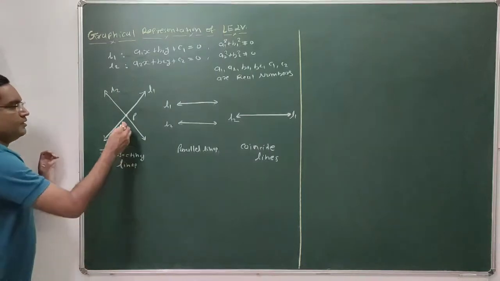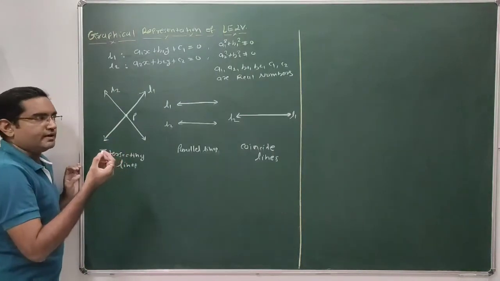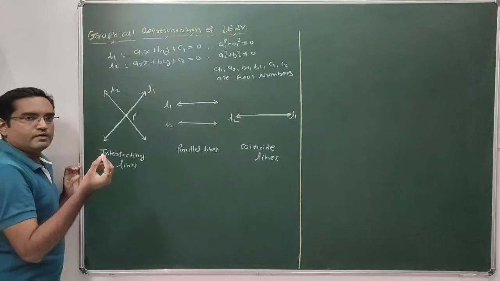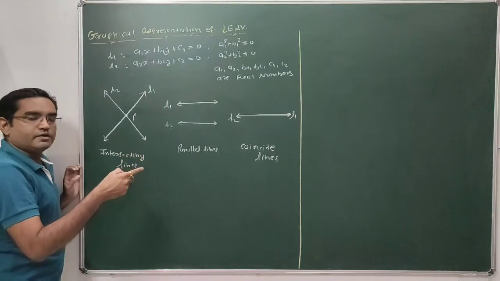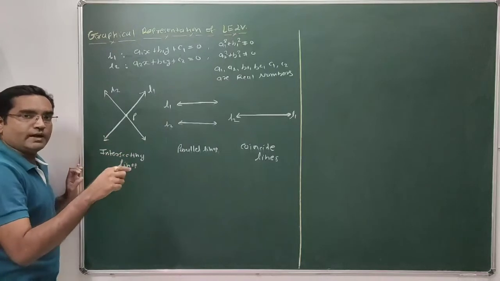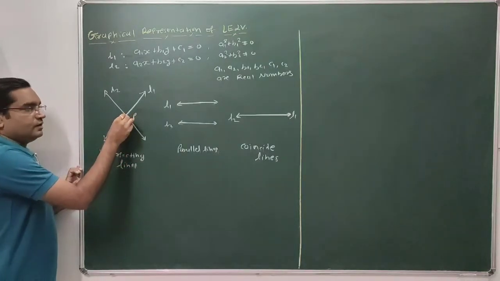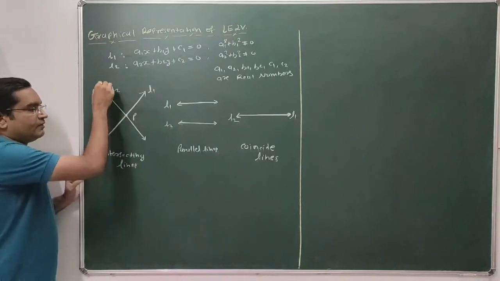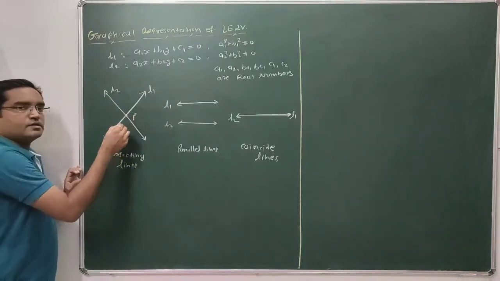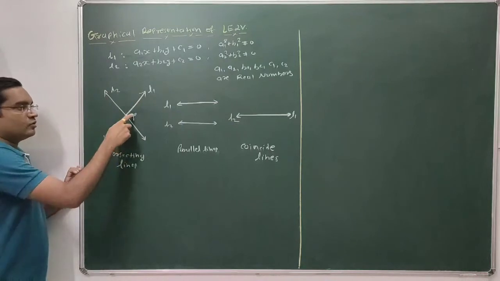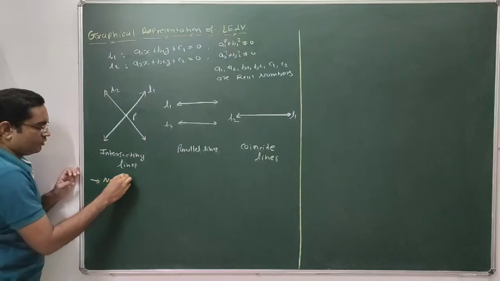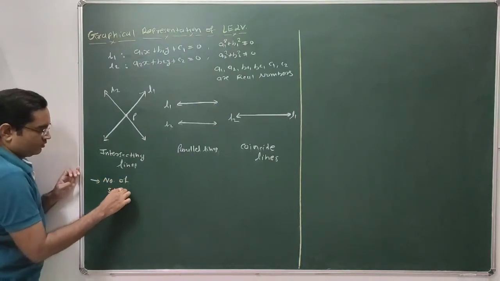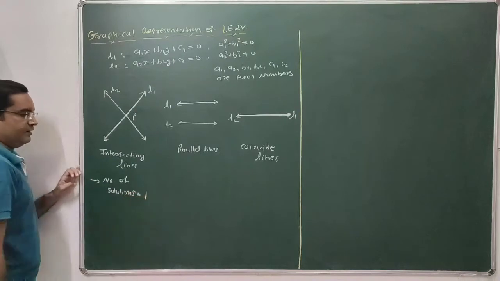So here you can see, what is the solution of a linear equation in two variables? The solution of a linear equation in two variables is a point which lies on the line. What is the solution of a pair of linear equations in two variables? That means a point which is common between the two lines. So this point P lies on line L1 as well as on line L2. Point P is the common point between L1 and L2, so P is the solution. So here the number of points is 1, so the number of solutions of these intersecting lines is 1.